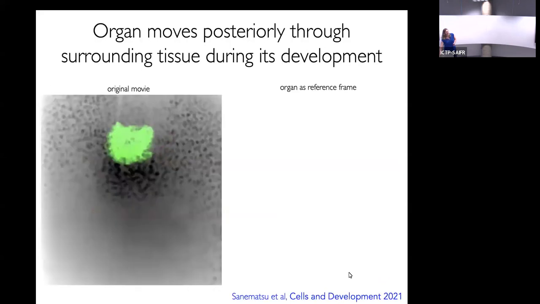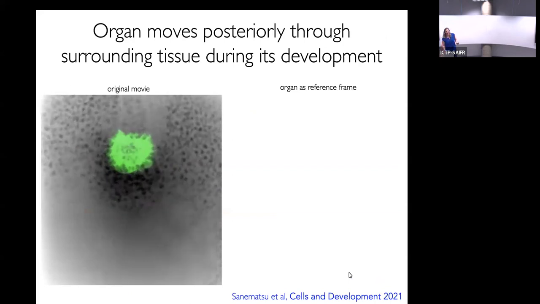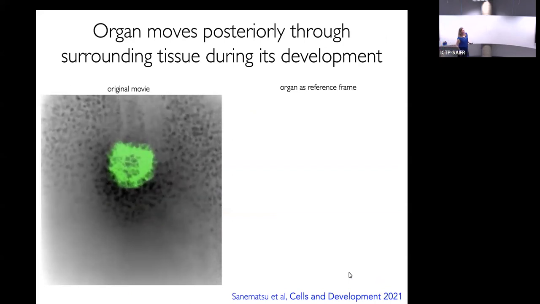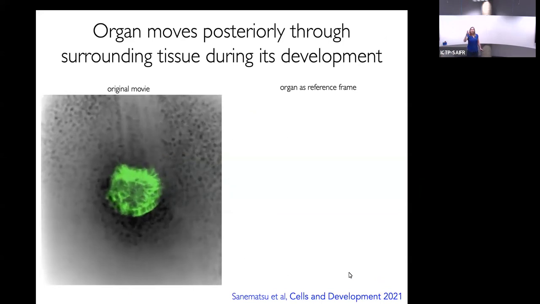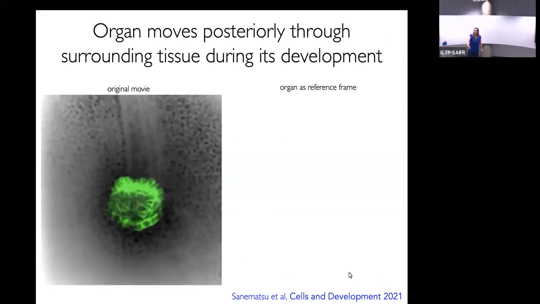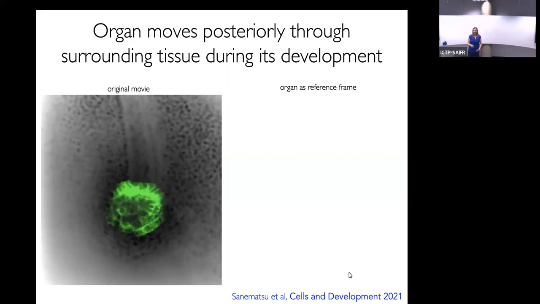And then, you look at movies of this thing. Let me show you what it does. While this process is going on, this organ is moving through the tailbud tissue. It's moving relative to it. It's not just the whole tailbud is moving down, but this organ is actually moving relative to the surrounding tissue. Okay, and as soon as we realized that this is what was happening, we thought, if I were to take this movie and instead make the organ the reference frame and look at the tissue flow around it,